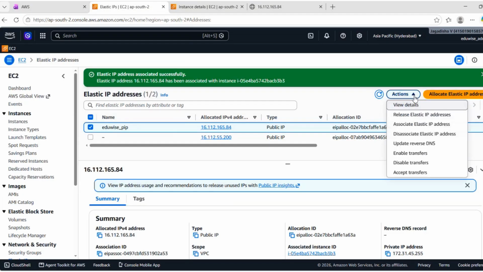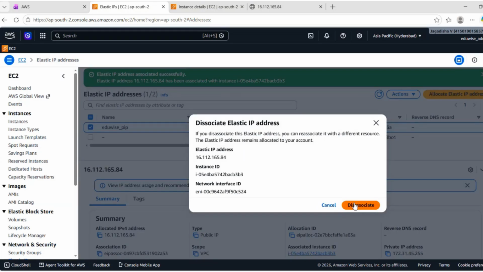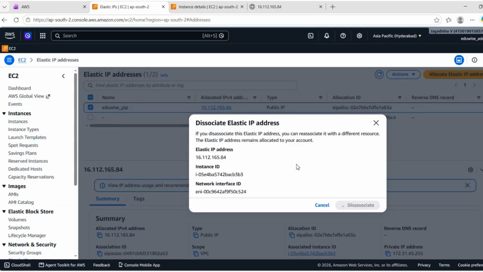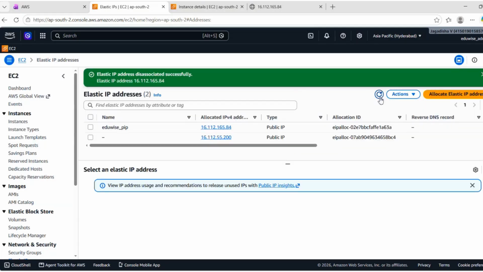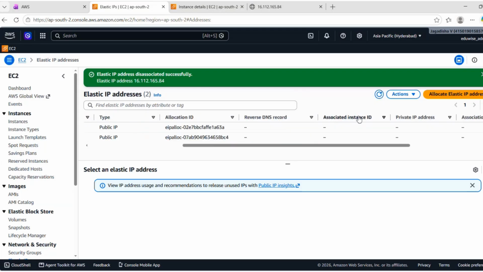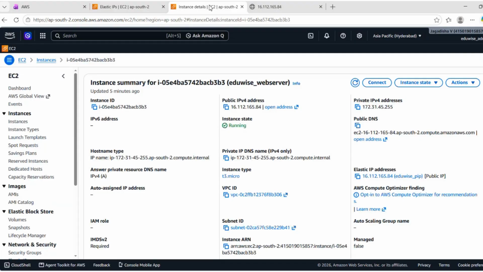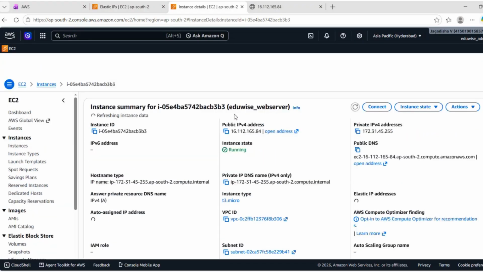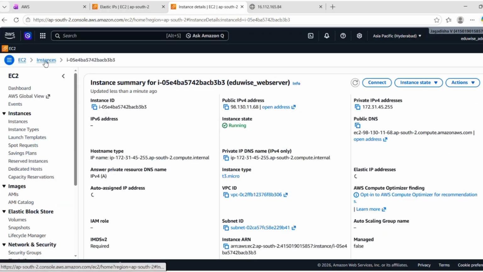First, we need to disassociate it. So I'll click this disassociate elastic IP and disassociate. Now it will release the elastic IP address. You can check here as well: no associated instance ID. Previously it was assigned to our EC2 server. Now it is disassociated. Here as well, if we refresh it,